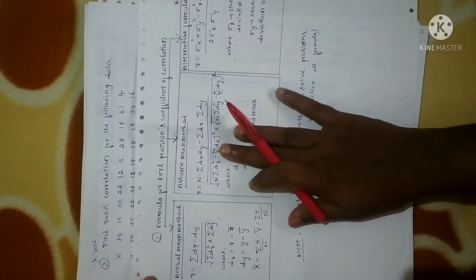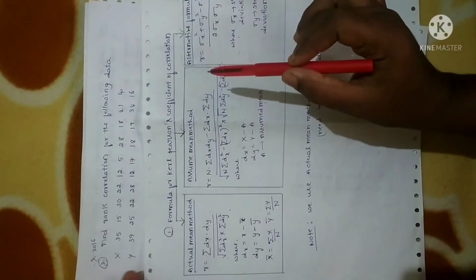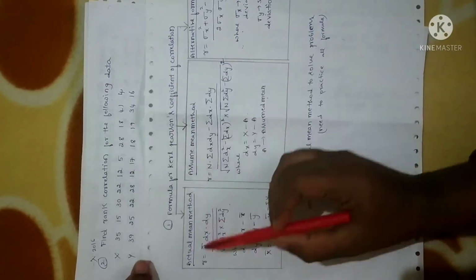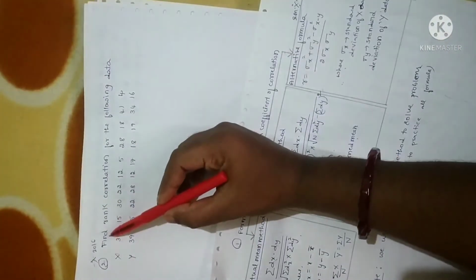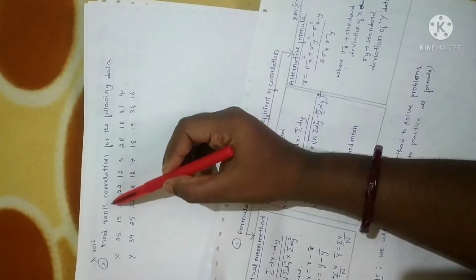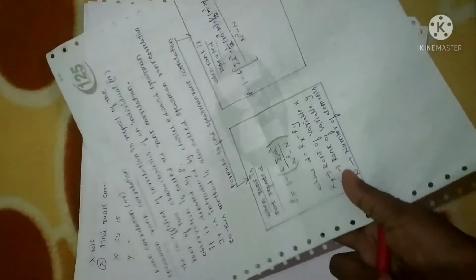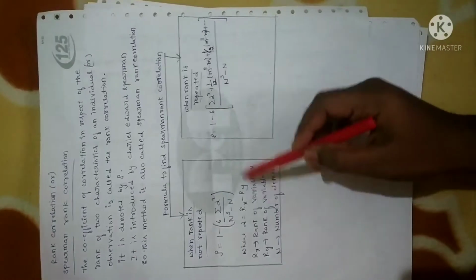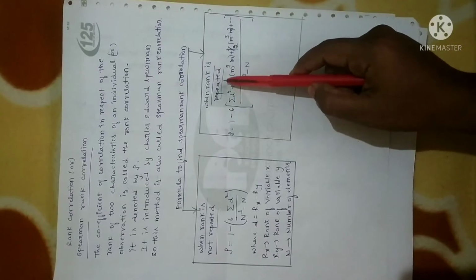As I already explained the concept of Karl Pearson coefficient in the previous session, where they asked you to find only the coefficient of correlation. So in the given problem, when they ask you to find the coefficient of correlation, you should go for the Karl Pearson method, especially the actual mean method. Now look at the question. Here the question is find the rank correlation. So when the correlation is related to rank, we have to go for Spearman rank correlation. Rank correlation is also called Spearman rank correlation. You should remember these two formulas: this formula will be used when rank is not repeated, and this formula will be used when the rank is repeated.